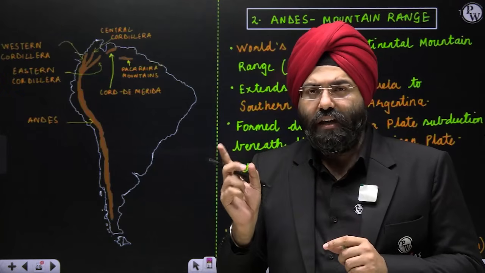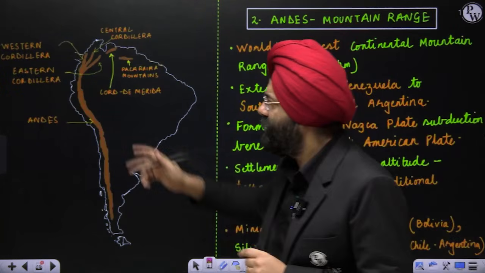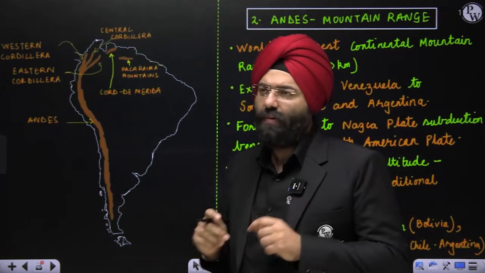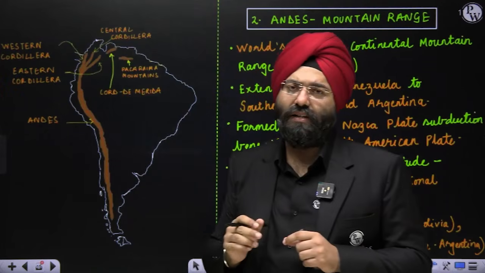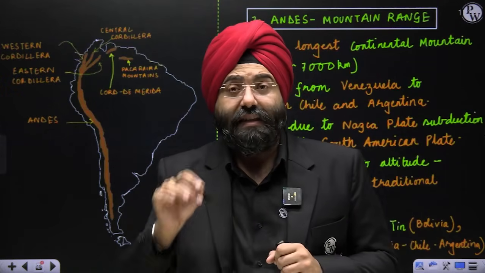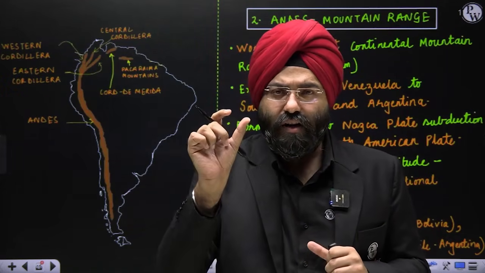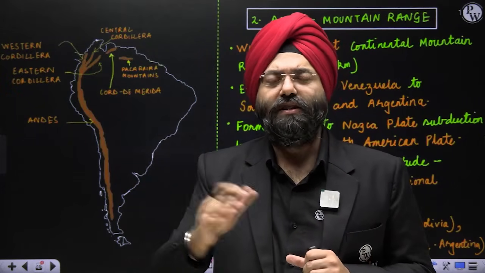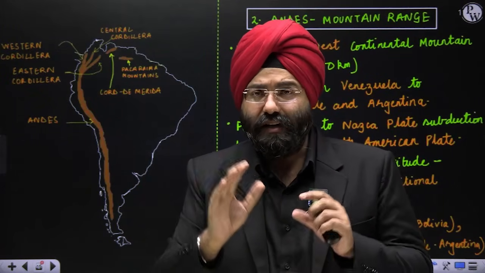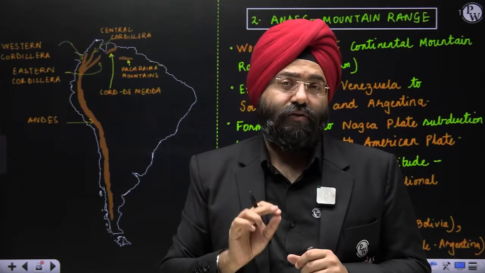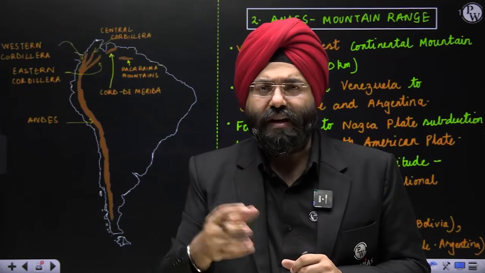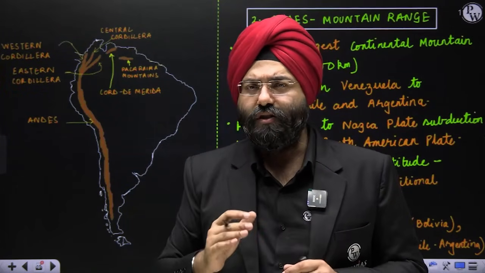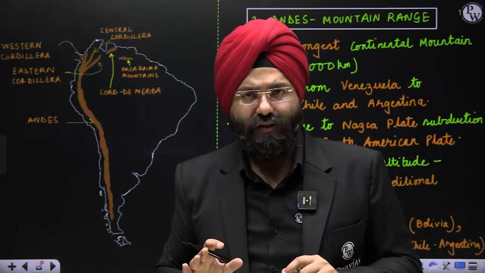Similarly, over here, Andes, we are not saying that the complete Andes is associated with Cordillera, but part of it has an element of Cordillera, that is, parallel mountain ranges. That is why when I say the Cordillera word, it will be associated with Rockies as well as Andes both. Obviously, we will be doing the other continents. I'll be explaining wherever Cordilleras are present, but here, both of them are associated. So these are the things that you should build. Till the time we complete all the continents, you will be very well aware wherever the Cordilleras are present.